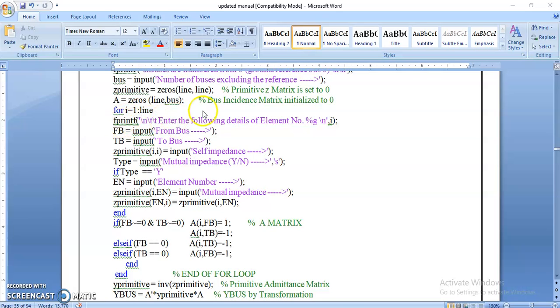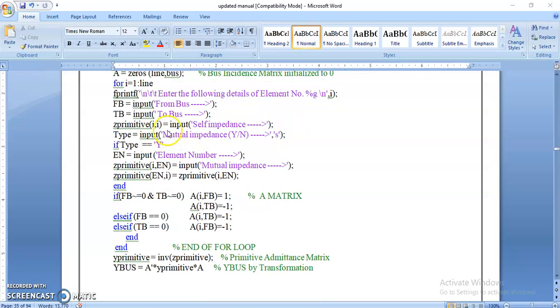And you have to print, it will start the number of elements count, first element where it is connected, from bus towards bus. If there is any mutual impedance, otherwise self impedance, write that value. If there is any mutual impedance, you have to type yes. If you type yes for a particular element's mutual impedance, you have to type the element number and write the mutual impedance values here. What is this mutual impedance? Nothing but Z of Ij equals that value. Whatever values you are writing for Z of Ij, the same thing you have to write for Z of Ji. Z of Ji equals Z of Ij.